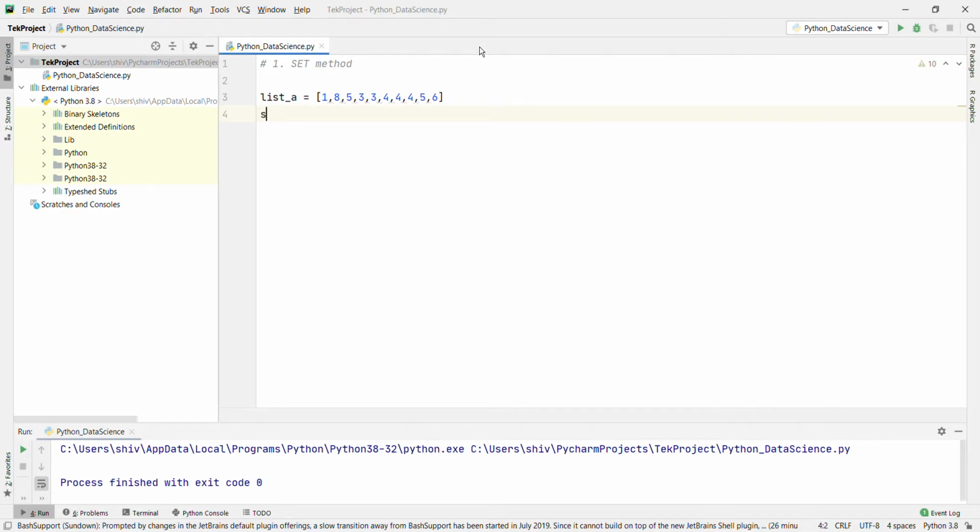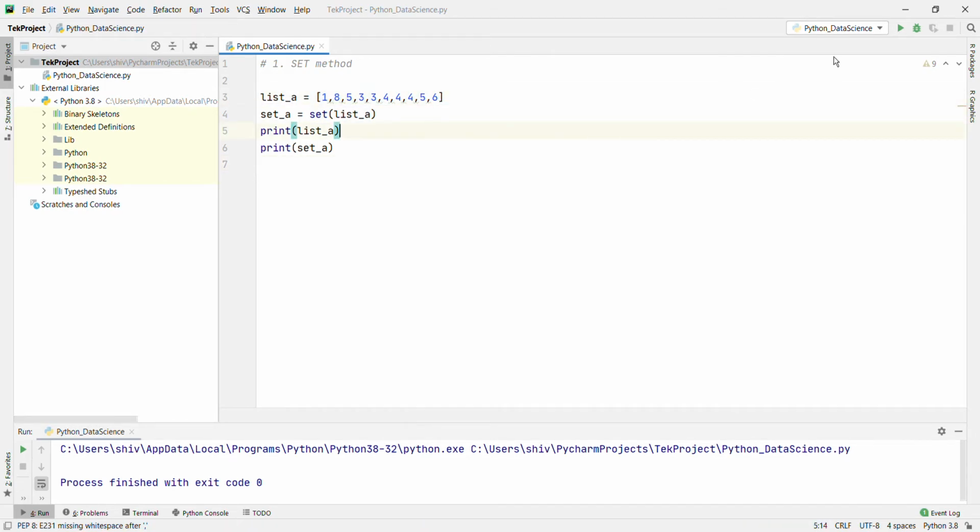Now set of A equals set, and we are going to pass list of A. Then I am going to print list of A and print set of A, and we are going to run it. In the set, we will remove the duplicate values, and the list will give the same values whatever you take as input. Okay, let's run and see.